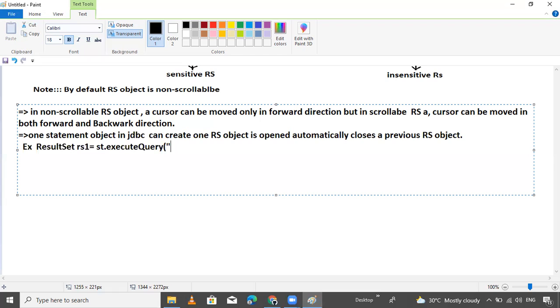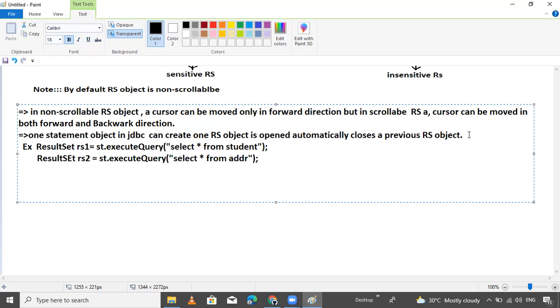And next, ResultSet rs2 equals st.executeQuery, select star from address.